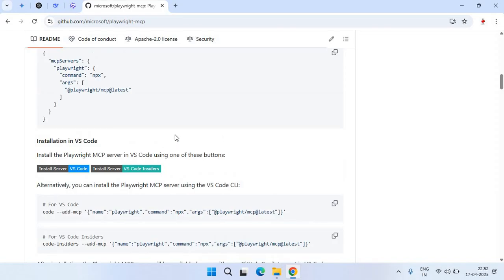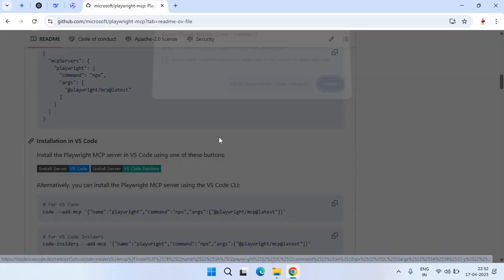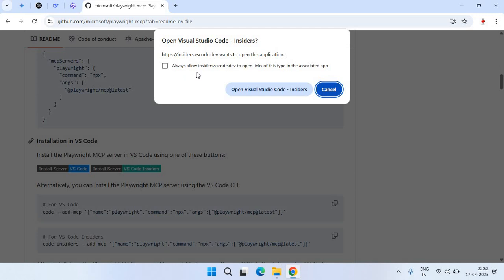You can directly click on VS Code or VS Code Insiders. Anything would be fine. In both we have to follow a similar process. If you click on the VS Code Insiders option, it will ask us to open Visual Studio Code Insiders. So just click on this option